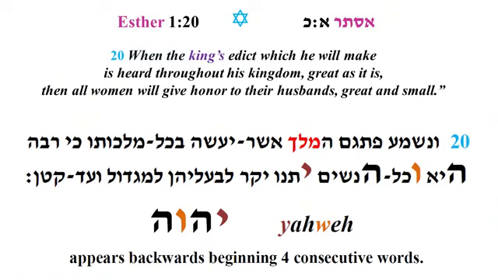I have it here in Hebrew. Notice that on the second line, you have 4 words in a row that begin, one of them, the first one there begins with a hey, then a vav, then a hey, then a yod, which is Yahweh, if you read them backwards, right? Yud, hey, vav, hey. So God has his name, Yahweh, hidden, appearing backwards, and they begin 4 consecutive words. Just keep that in mind. We'll see it more in the future here.